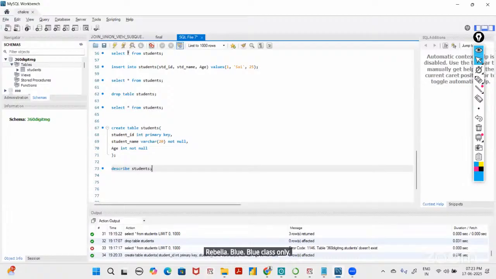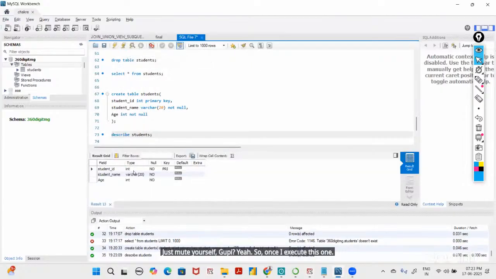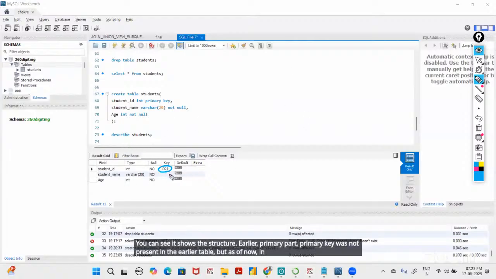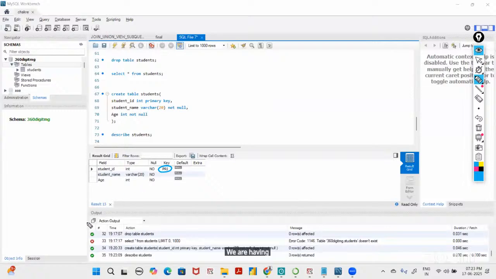So once I execute this one, you can see it shows the structure. Earlier, primary key was not present in the earlier table, but as of now, in this particular table, we are having a primary key over here. So whenever you consider the primary key,